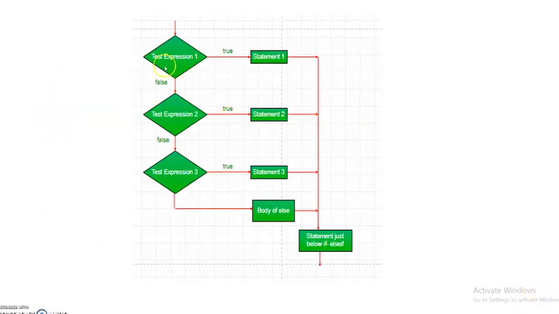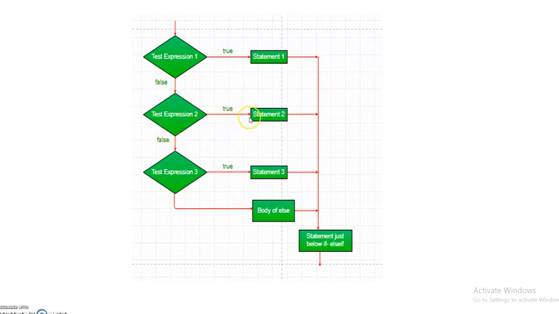Here is the flow chart diagram. Here is the test expression. If the expression is true, then statement 1 will execute and it will jump to the next statement after the ladder. If it is false, then another condition is there, and it also has a true and false.